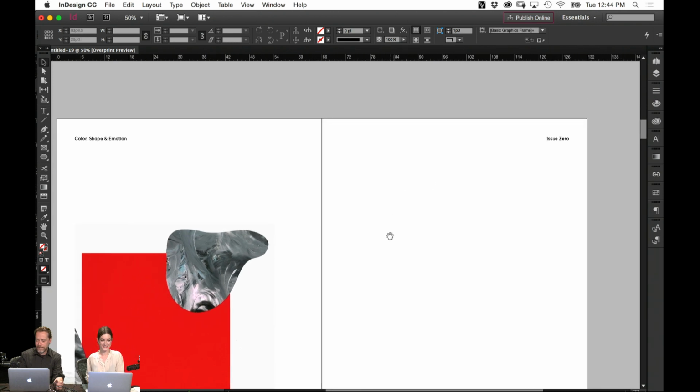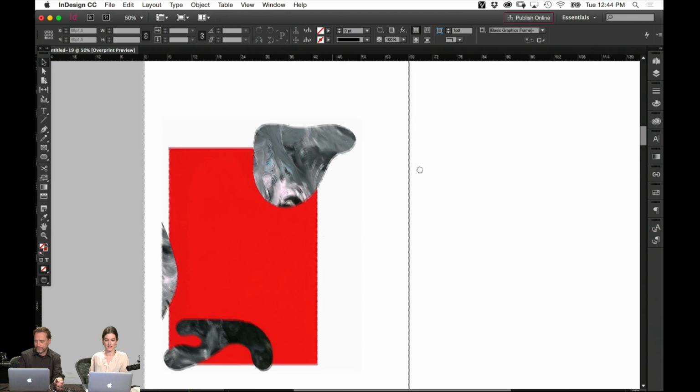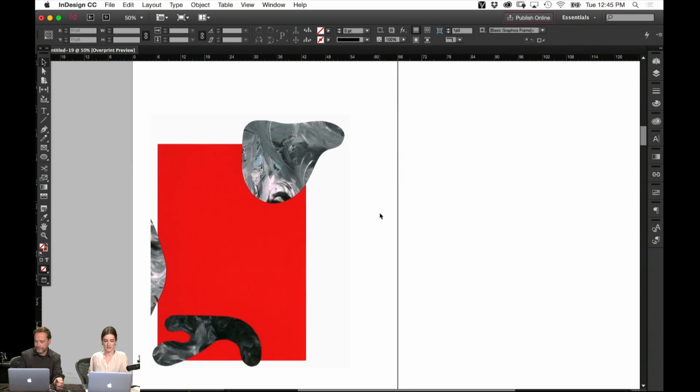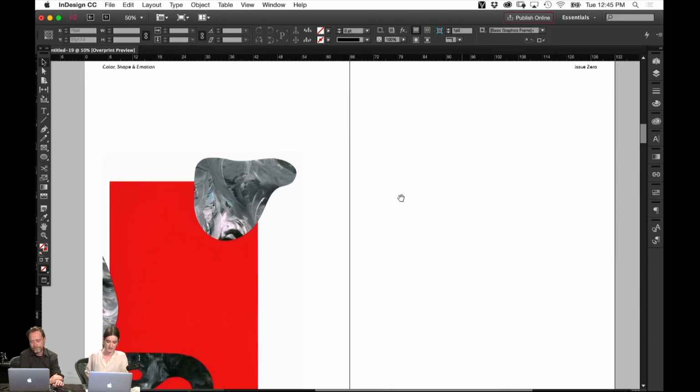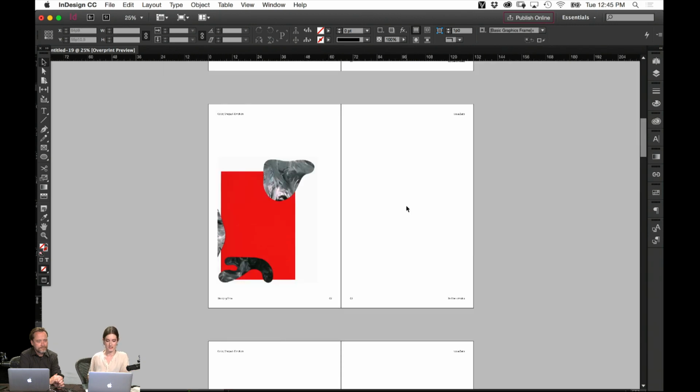So Christoph is asking, how much did you prepare in your sketchbook, and how much are you creating in the moment you work on InDesign? Most of it's in the moment. I knew that I wanted to create a home for all these pieces, and that because I created them all by hand, I thought it would be fun to create something actually tactile instead of a place for them to live on the web. I mean, they all already do in some places, like on social media, but that's pretty much the only place. So I thought it would be great to create something that you could actually hold at the end,